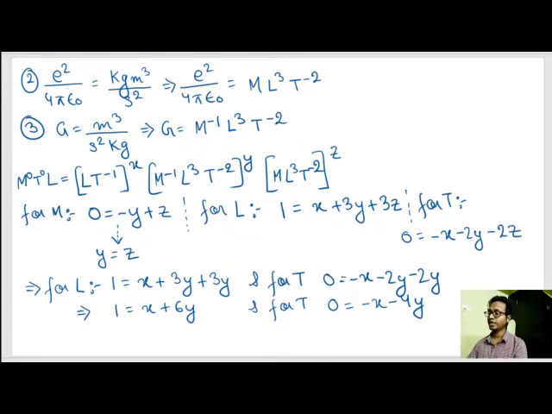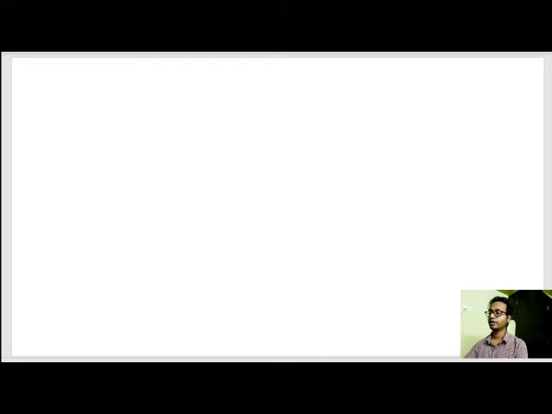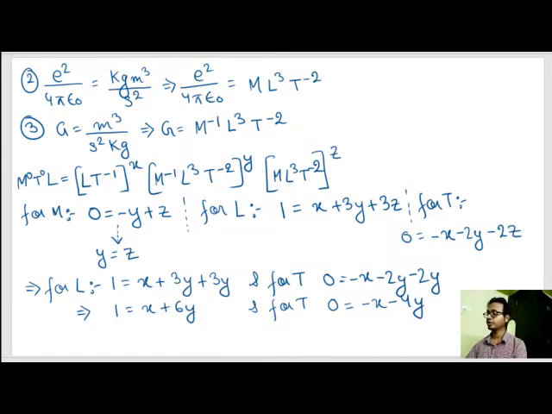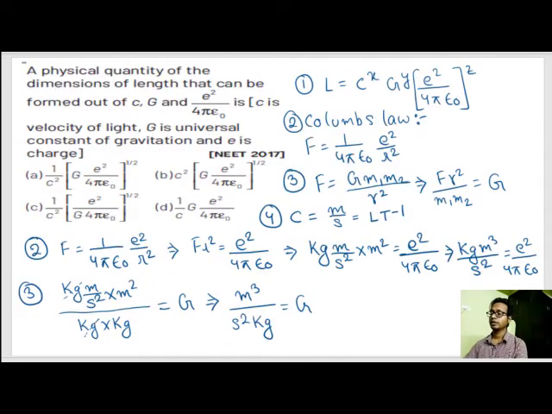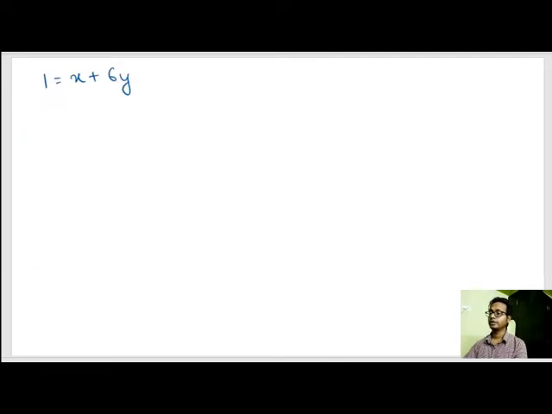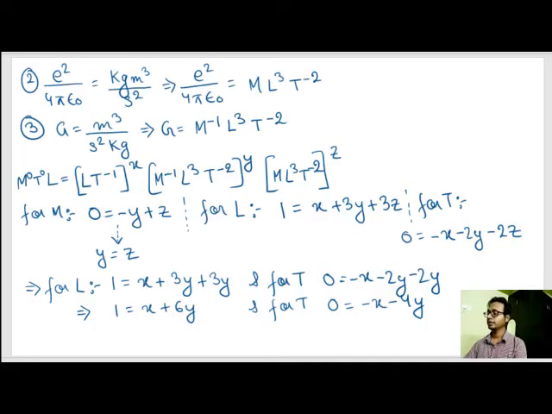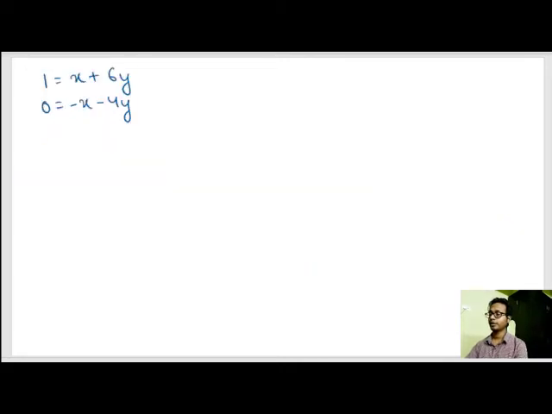1 is equal to x plus 6y, our first equation. And let's see our second equation: 0 is equal to minus x minus 4y. See? 0 is equal to minus x minus 4y. So let's solve it. By solving it,